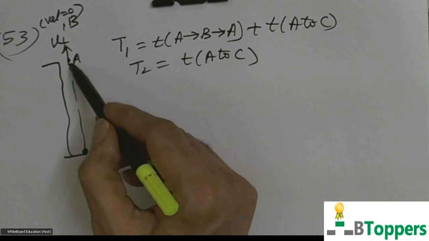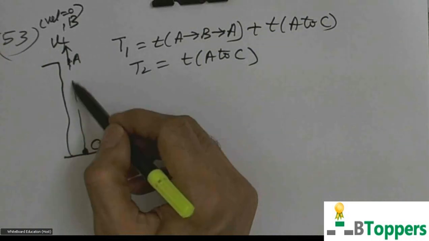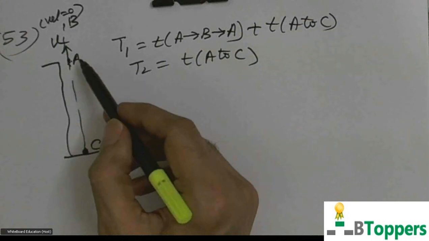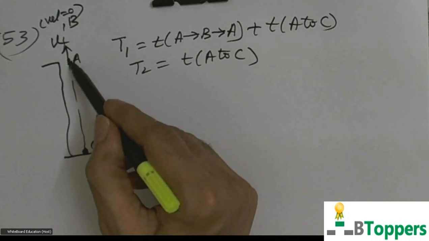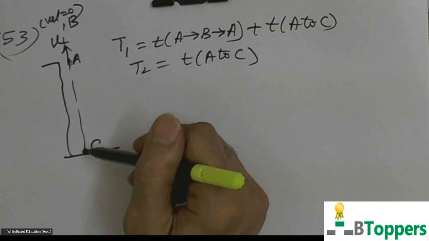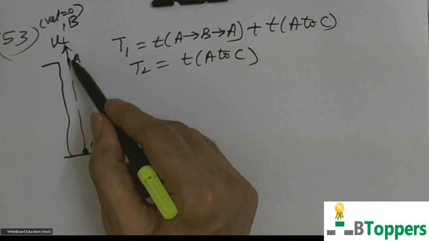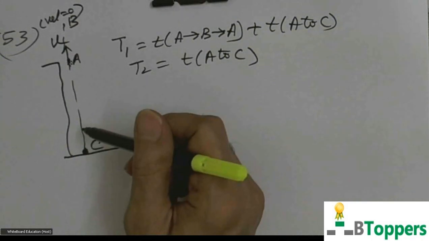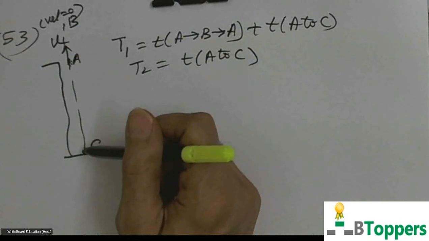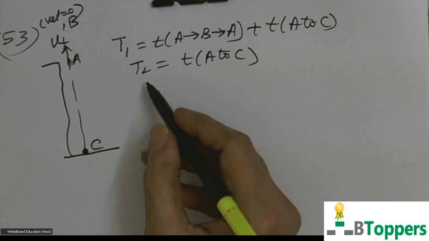The magnitude of velocity of the first ball when it returns to the point A will be again equal to u, but the direction of the velocity will be downwards. That means the velocity of the first ball when it returns to the point A is the same as the initial velocity of the second ball at A. Therefore, for downward motion from A to C, the initial velocity at A in the downward direction is the same for both the balls, the displacement is the same for both the balls, and the acceleration is the same for both the balls. Therefore, the time of travel from A to C is the same for both the balls.